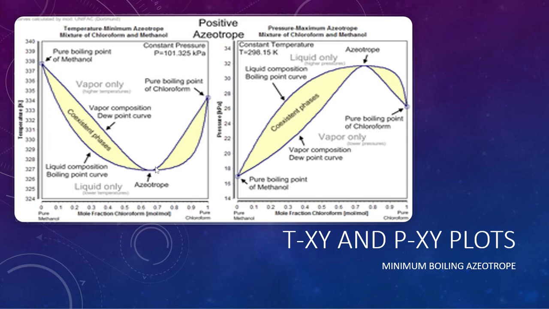So as I said, for the temperature versus xy plot, there is a minima forming, and when we are plotting pressure and the composition, we are getting a maxima point. So this minima and this maxima point are the points of azeotropes. Across this point separation is not possible. Once we cross this point, separation will be possible again. So the main headache is how do we cross this point, and this point is not crossed using simple distillation. We need other methods for that purpose.